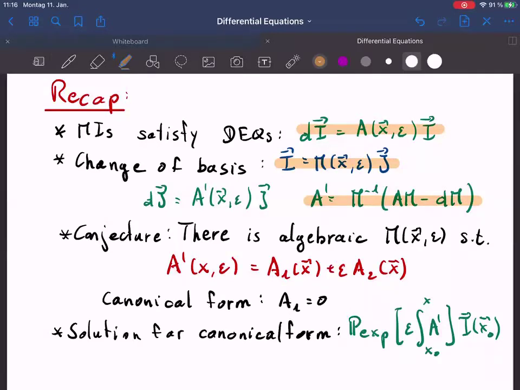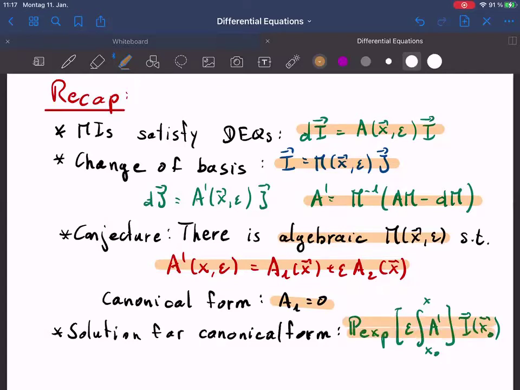And conjecturally, there is some algebraic matrix M of x and epsilon, such that you can always bring the matrix into the form where it is linear in epsilon. The epsilon dependence is simple enough that it is linear. In particular, the simplest case is that A1 is 0, which is often called the canonical form in the literature. And its advantage is clearly that